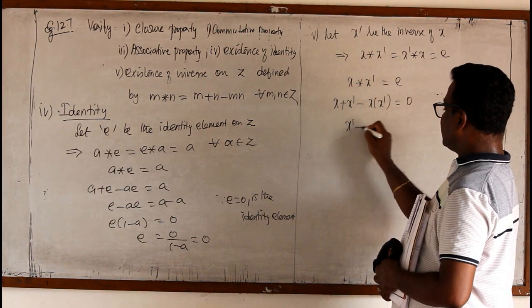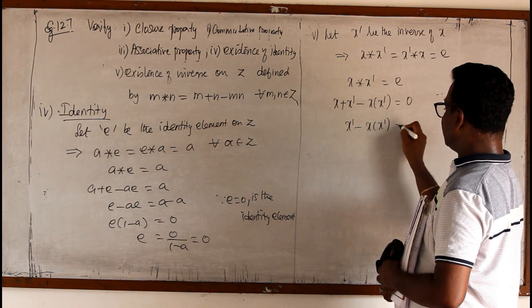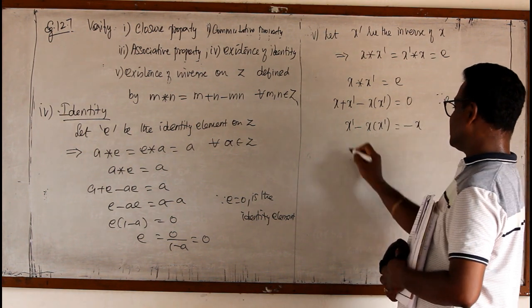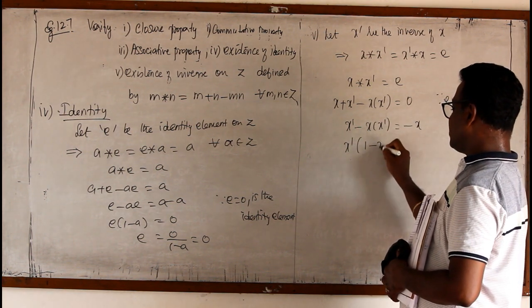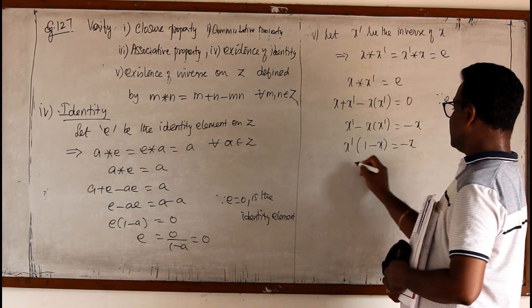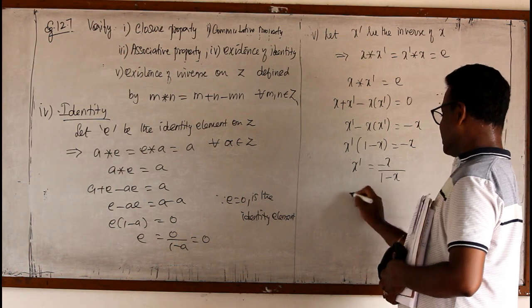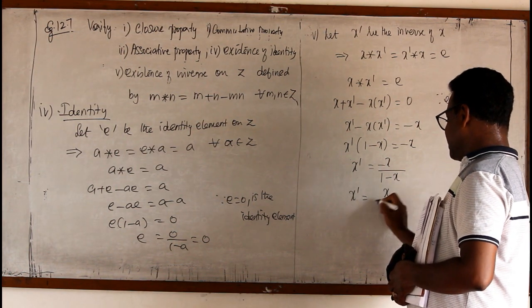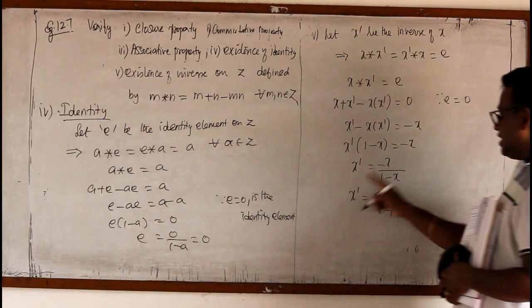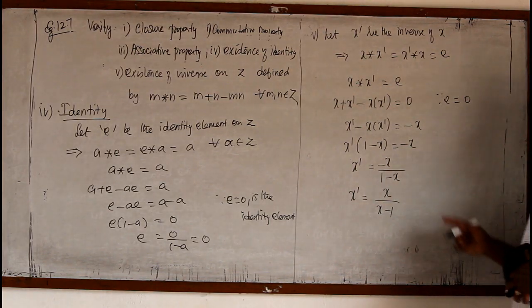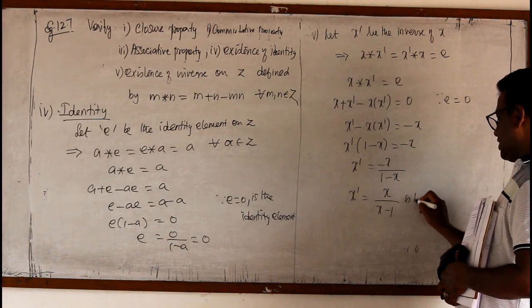From this we shall find what x dash is. So x dash minus x into x dash equals 0 minus x, that is, minus x. I have to find x dash. x dash (1 minus x) equals minus x. So x dash is what? Minus x by (1 minus x), or I can write it as x by (x minus 1). So I take the minus and then cancel. So this is the inverse